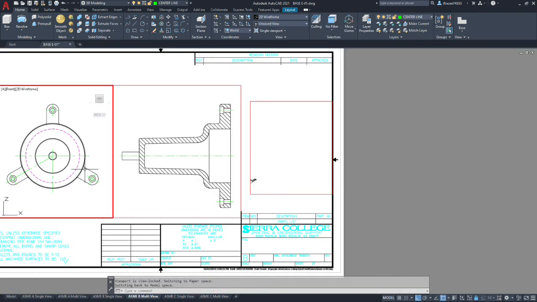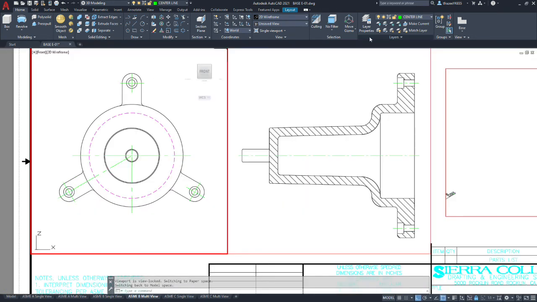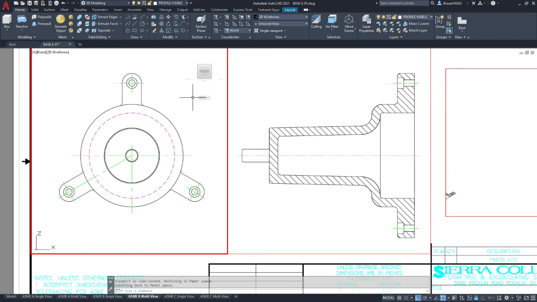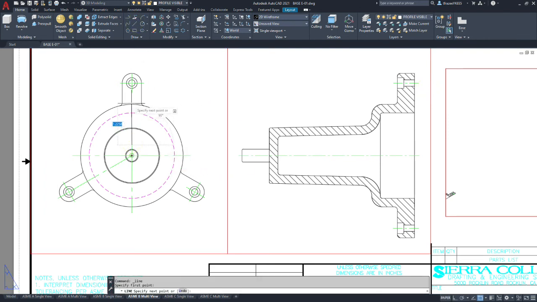And now we're going to do our cutting plane line. Okay, I'm going to go ahead and switch to profile visible. Draw a line, edge of center mark to edge of center mark.